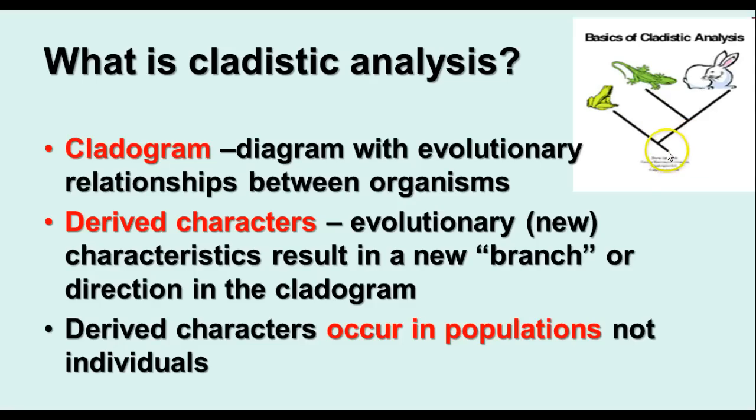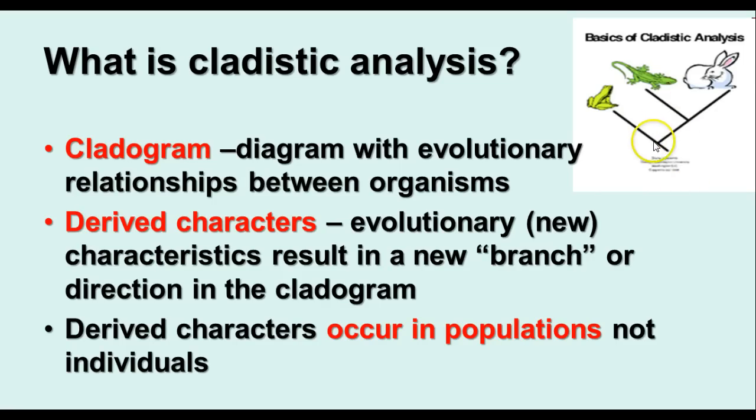Okay, so if this is an ancestral species down here before you get to the branch, now we have animals that have 4 limbs. All right, so we have here a frog. That's kind of a basic animal with 4 limbs. Frogs have to lay their eggs in water, and they undergo a metamorphic process from an egg to a tadpole to a frog.